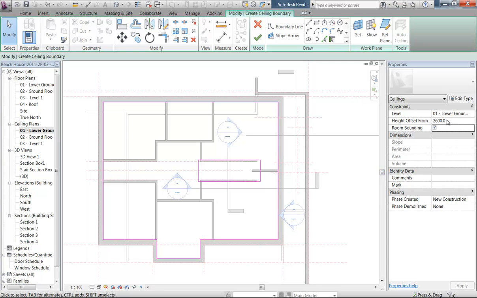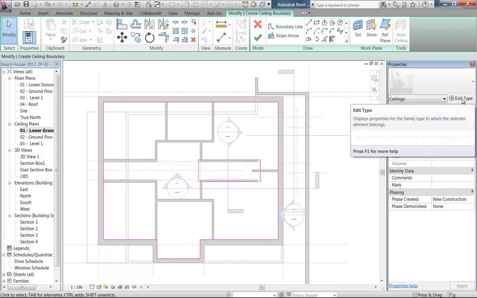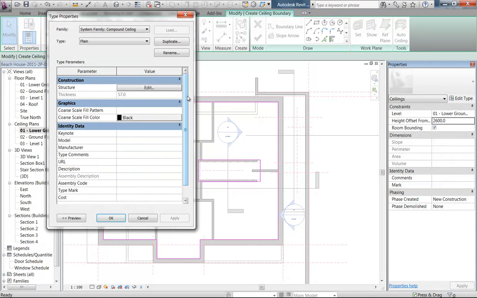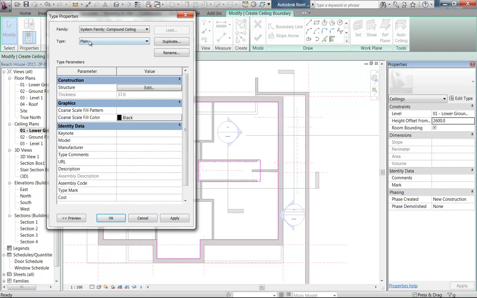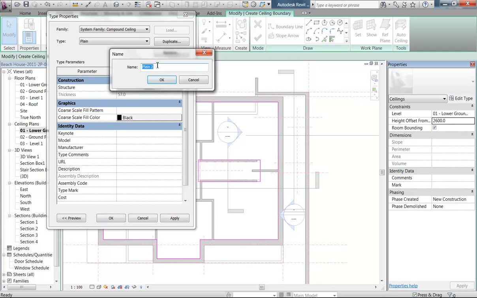Now I'm going to check its properties. So the height offset from level, 2600, is exactly what I want. And then the type, edit type. At the moment it's only 57mm. So I'm going to click edit for the structure and see what's happening there. So I've got 45mm frame and 12mm of plasterboard. I'm going to cancel that, duplicate, and